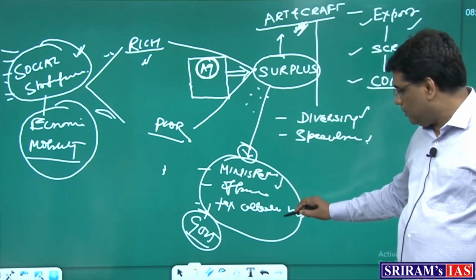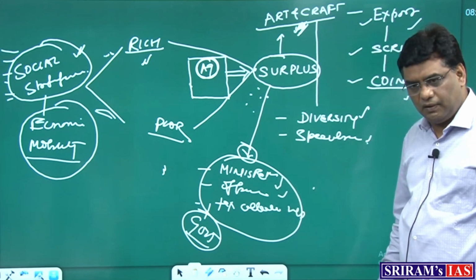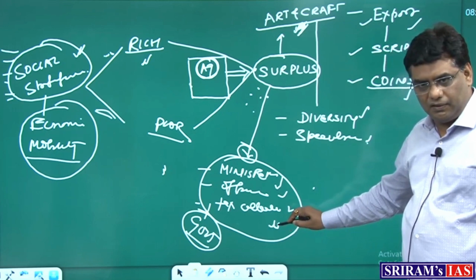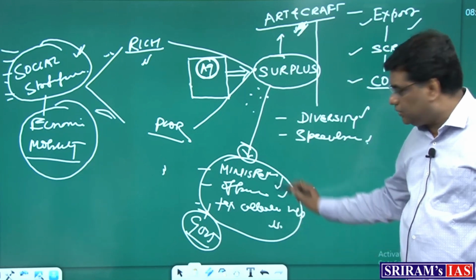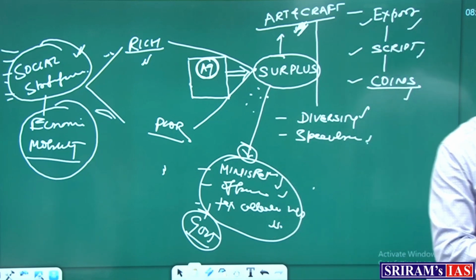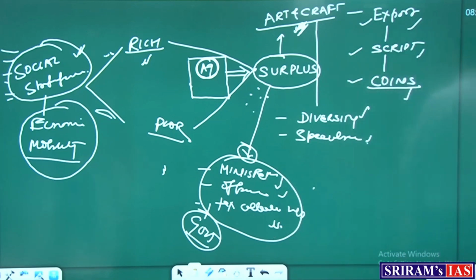Ministers, officers, bureaucrats, and a tax collecting system. How will these all work under the government? What is the work of government? To monitor the function of its institutions. Right? So there will be a strong government.